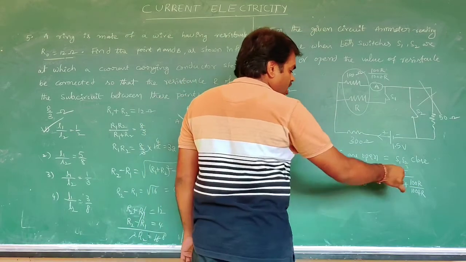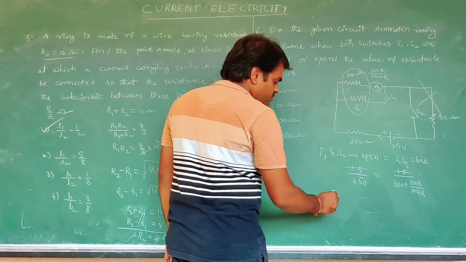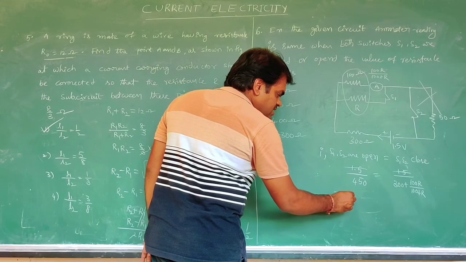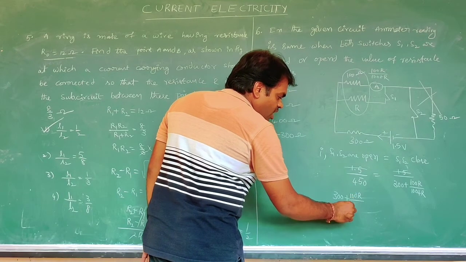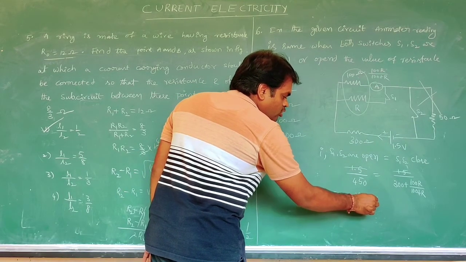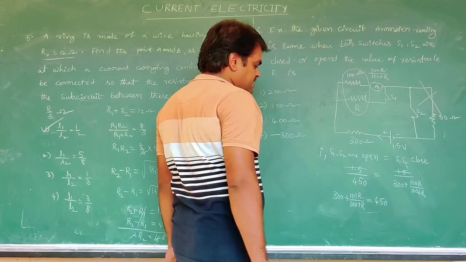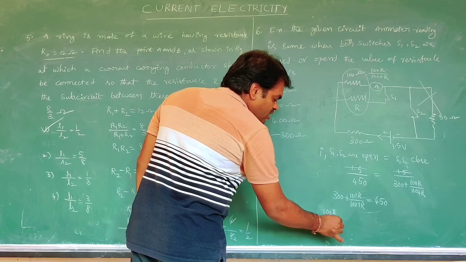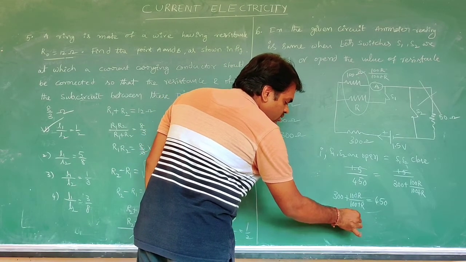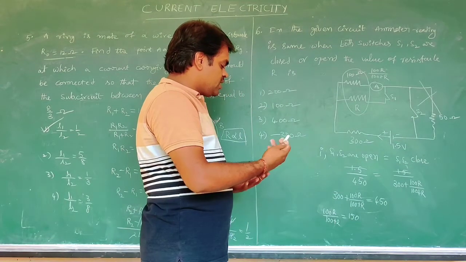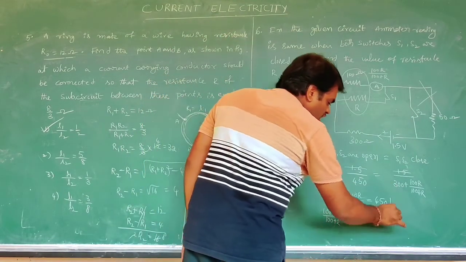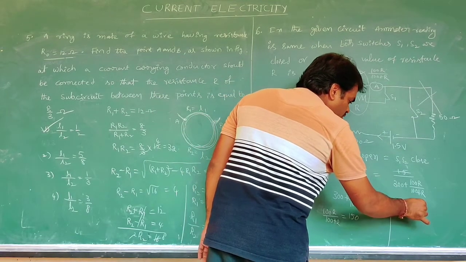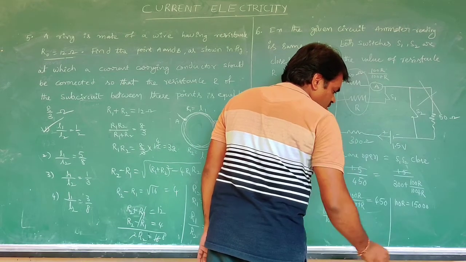Now it's a cancel. Cross multiplication. That's what you got: (300 + 100R) / (100 + R) = 450. Now it goes to that side. Then 100R / (100 + R) = 150. Then cross multiplication. Then what you got: 100R = 150 into 100, that means plus